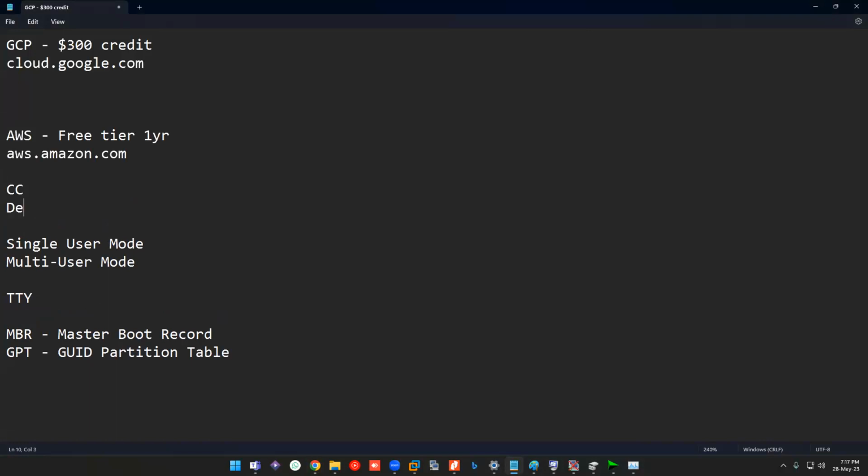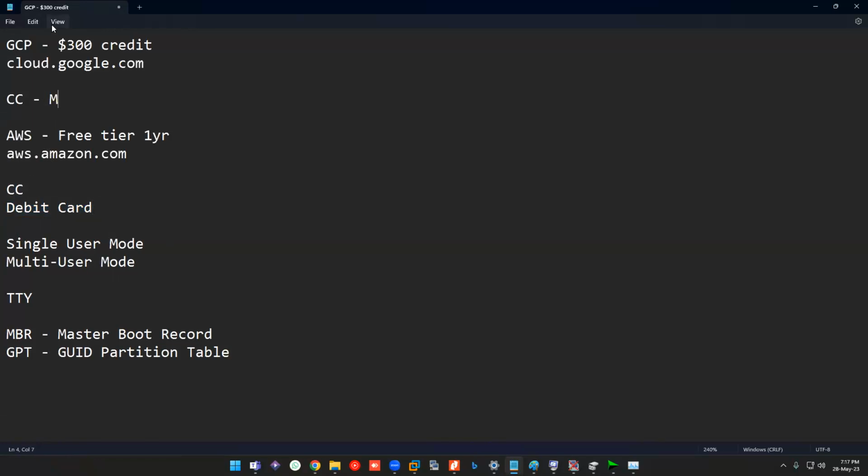Credit card or debit card is allowed in AWS, and in GCP only credit card is allowed, and only a few cards like MasterCard and Visa, I guess. AWS, since it has been there for so long, allows a lot of vendors. And you can use either of those.